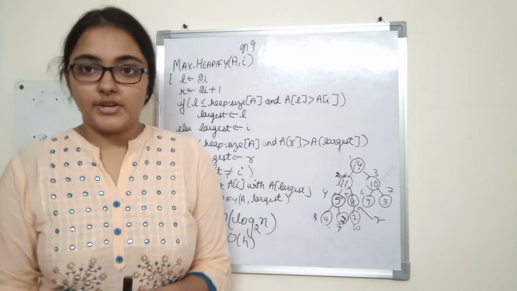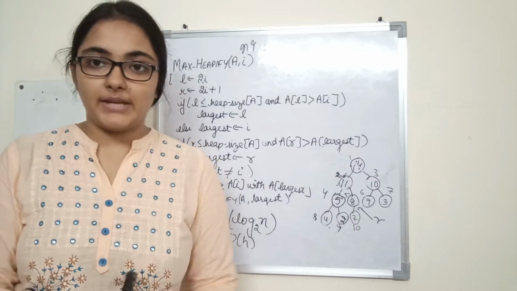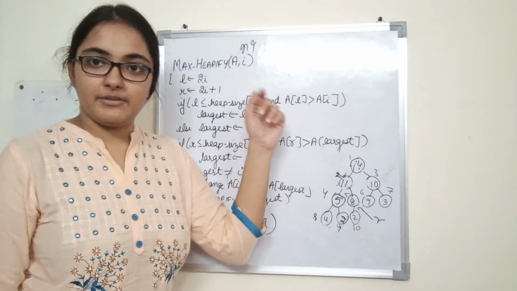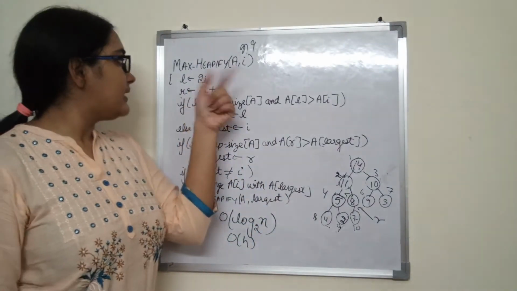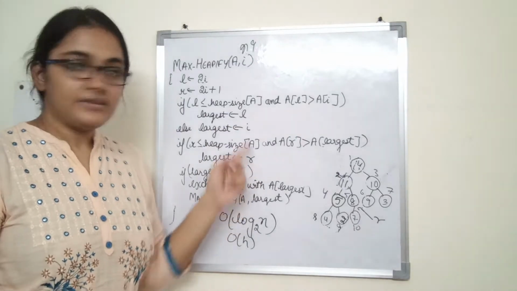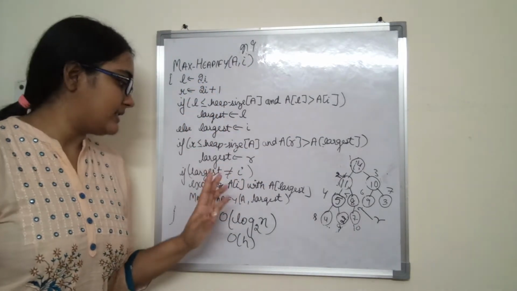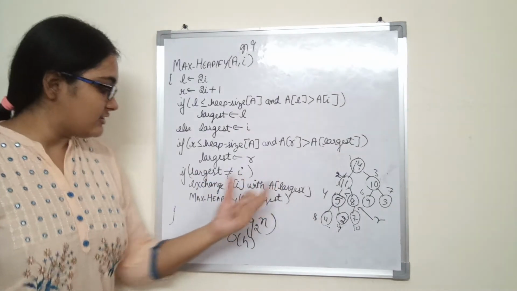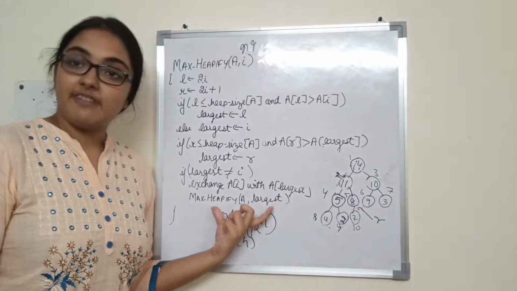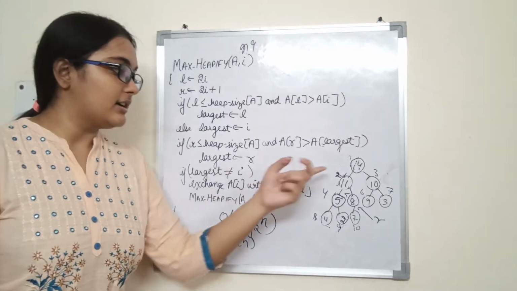In the previous video, we talked about the max heapify procedure. Now let us look at the time complexity of max heapify. So this was the procedure of max heapify. If we look at it, what is happening? These are all constant time statements: assignment, if, else, comparison, assignment, exchanging. All these are constant time operations. The only time-taking factor is this max heapify recursive call, which is called on the child.